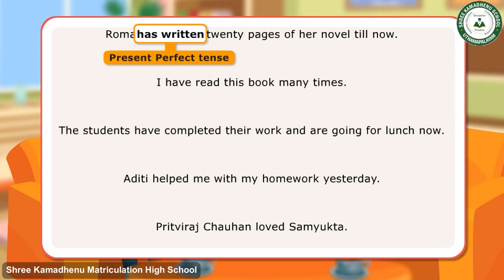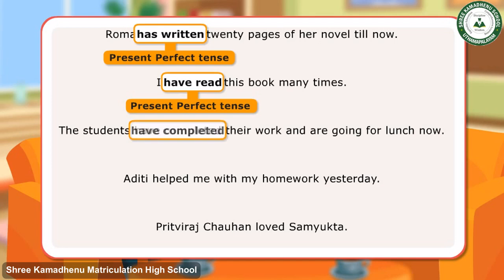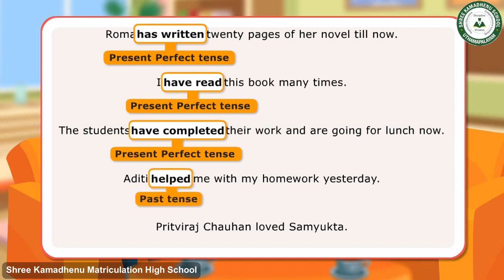In the first sentence, has written is present perfect tense as it speaks about an action that began at some time in the past and has continued till the present moment. In the next sentence, have read is present perfect tense as it tells about a past action without specific time information. In the third sentence, have completed is present perfect tense since it speaks about an action that has been completed. In the fourth sentence, helped is past tense since